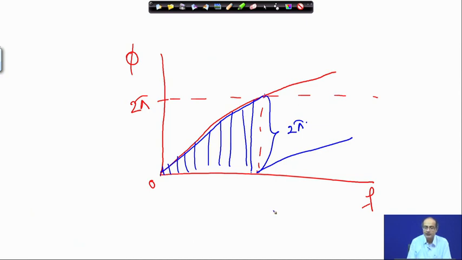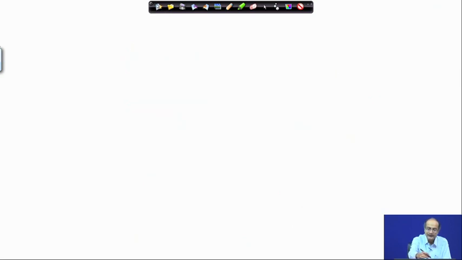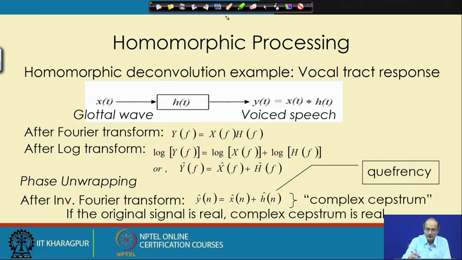That is called phase unwrapping, and after that we follow the rest of the operation. The main intention is to get back the phase in a proper way, that means removing the discontinuity, and that way we restore the phase. After the phase unwrapping we can do the inverse Fourier transform